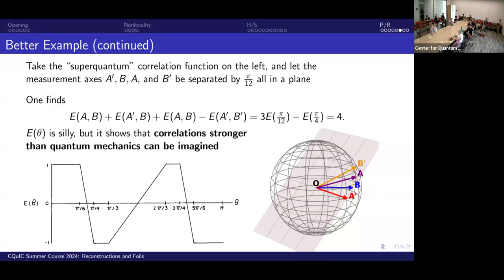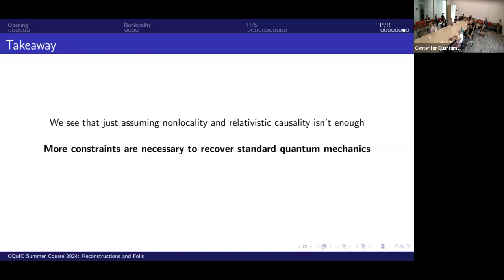And again, this example is rather silly, but it shows that correlation stronger than quantum mechanics can be managed with certain principles here. Okay. So what's the takeaway from this paper? Well, this paper kind of said, let's assume non-locality and relativistic causality. Can we get something like regular quantum mechanics probabilities out of it? And its answer is, well, no, because we get stronger correlations if we just assume these 2 axioms with the definitions they support. So they find, okay, with this foil theory, you actually need more constraints to recover